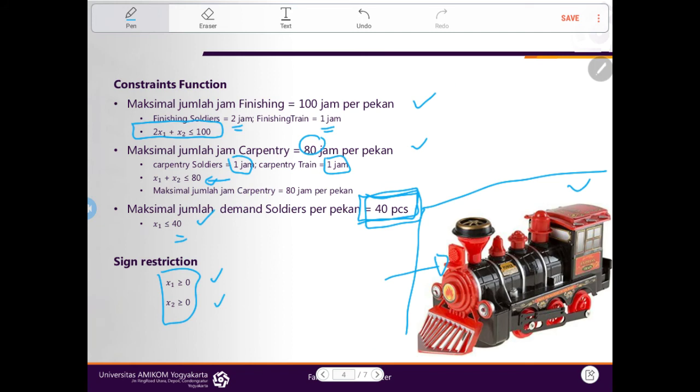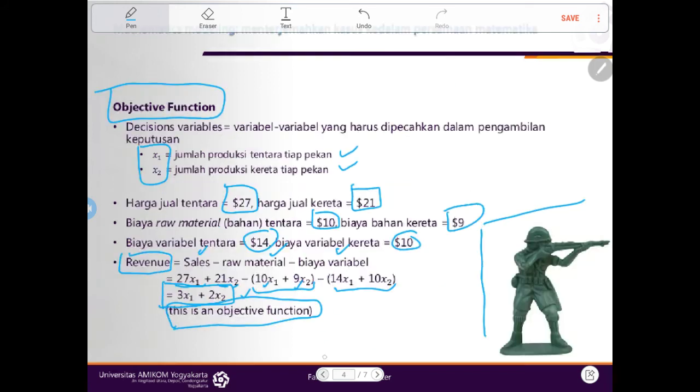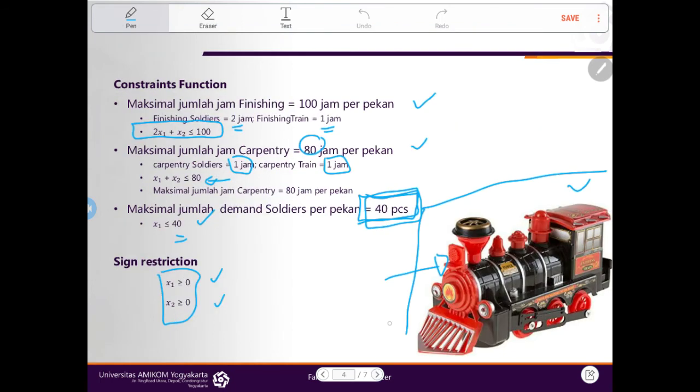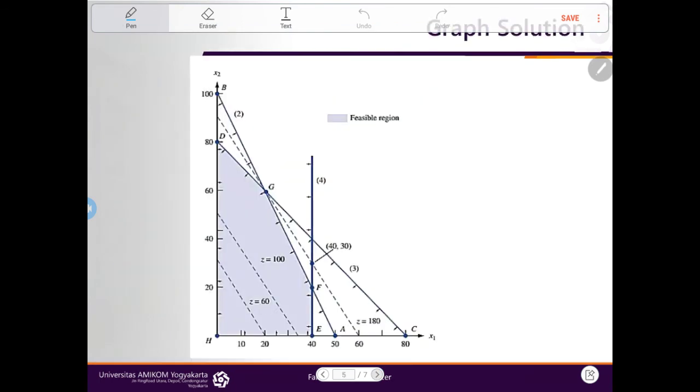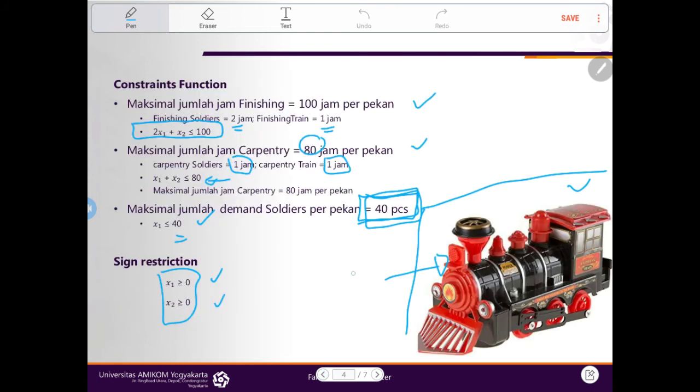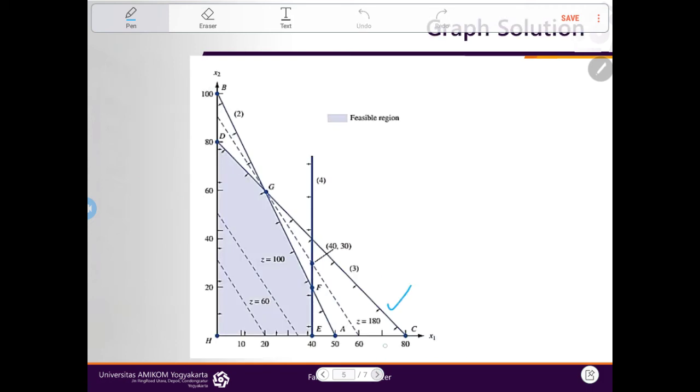Okay, through these equations, from the objective equation and then the constraint equations, we can make a graph of the solution. Okay, actually this is the restriction. 80 is the restriction of carpentry, and this is the restriction of finishing hours,